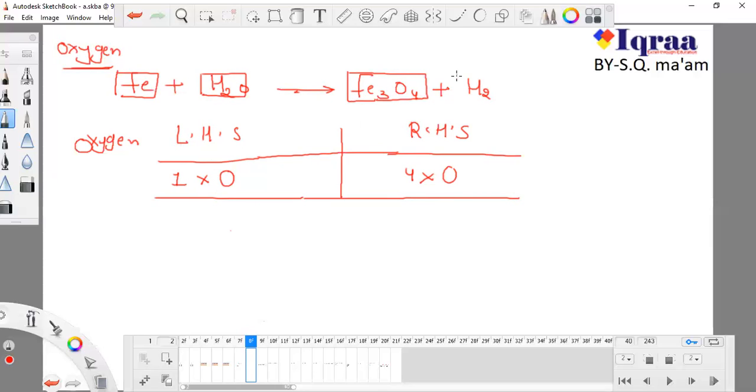Now these are boxes, and you cannot do anything inside the box; you have to do anything outside the box. You cannot do anything at the right hand side, here you are not allowed. At the left hand side you are allowed to do anything. You can write any number, you can increase or decrease the number, but remember you cannot do anything inside the box or to the right side boxes. Now I need to balance them.